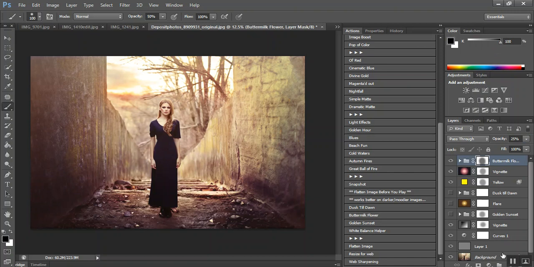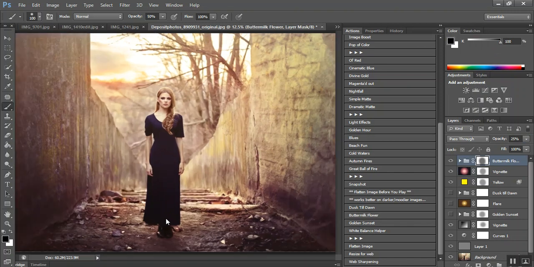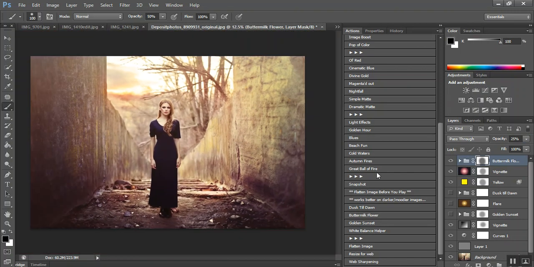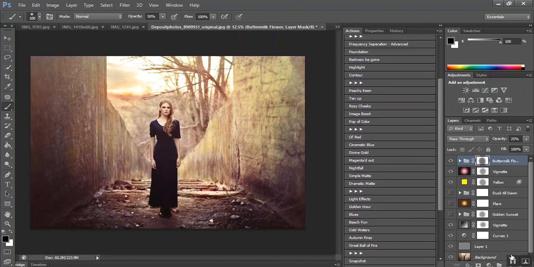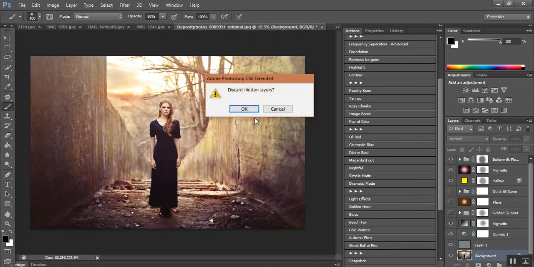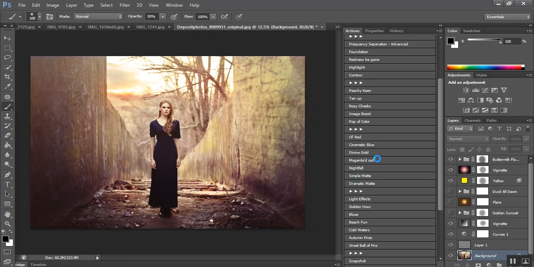I think that is going to be the finisher for me. I may go back up and add, let me flatten. I may go back up and add